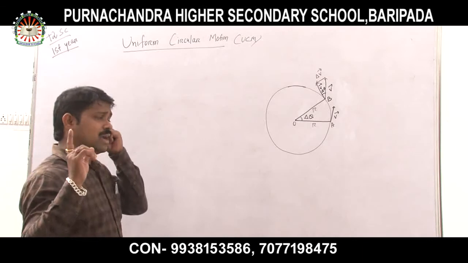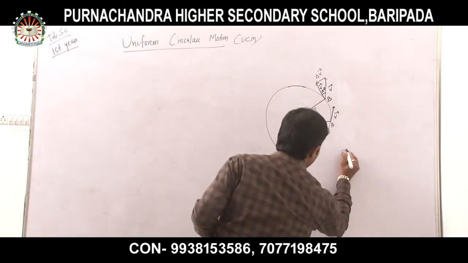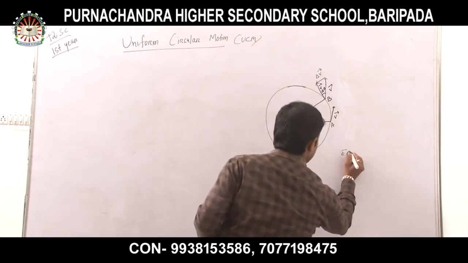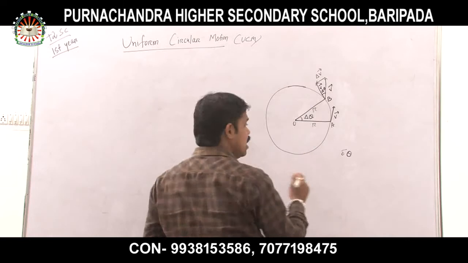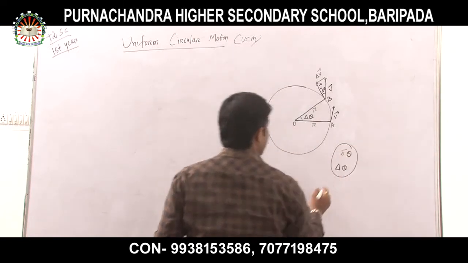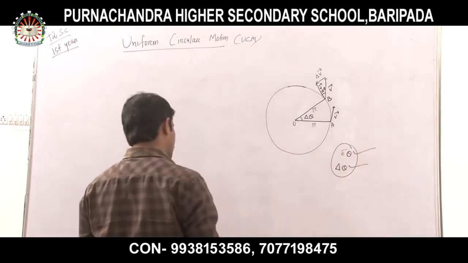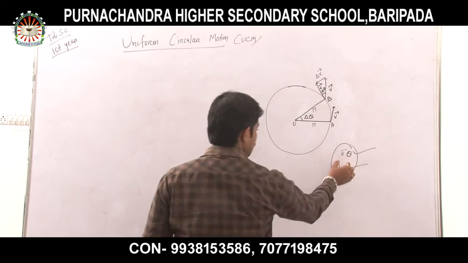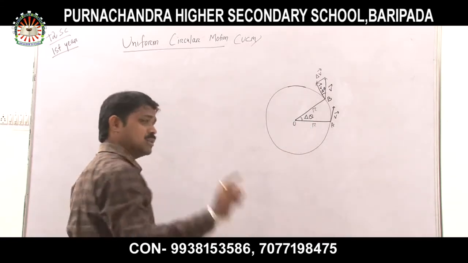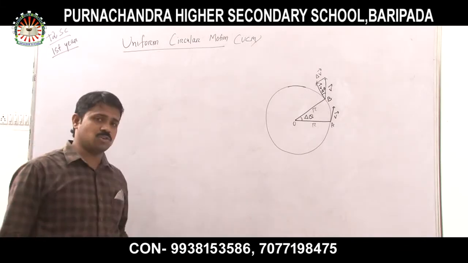One more thing I want to mention here. Students, do not confuse: I can write the del theta in this manner also. This can be your del theta or this can be your del theta. I can write in this form also. Some books have written this, some books have written this, so don't worry about that. Both are symbols of the del. So now this is the uniform circular motion definition.